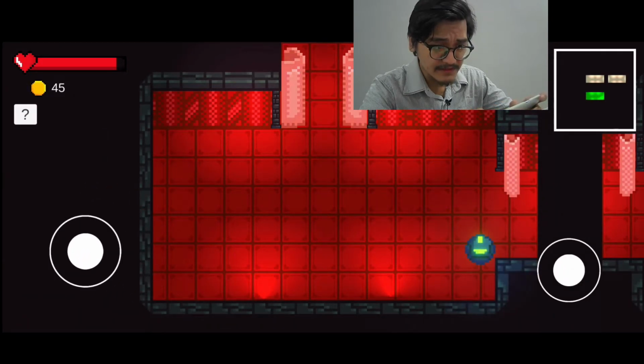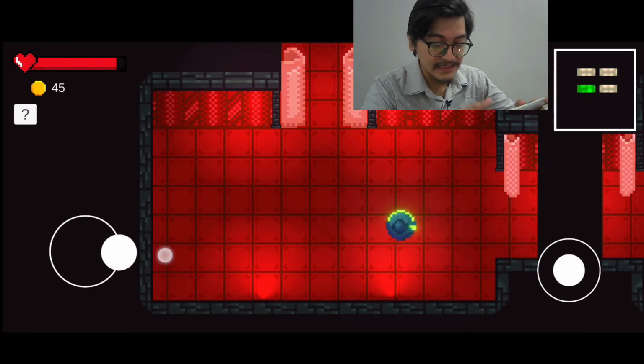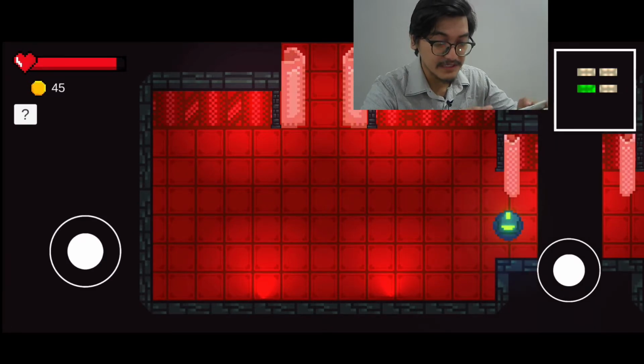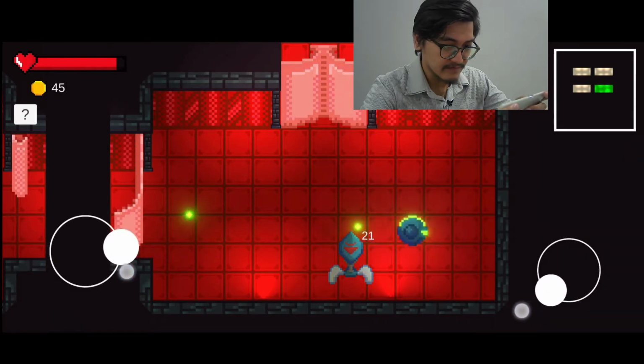On the top right of the map of the game is a minimap. Right now the current room is green, and that indicates where the current player location is. So if we go to a new room, after we try to kill this,